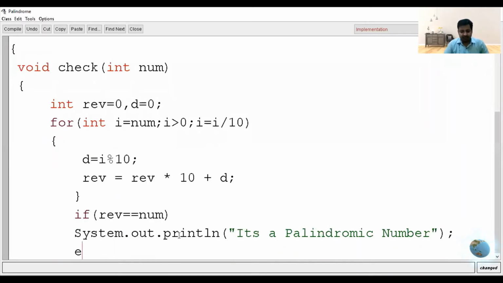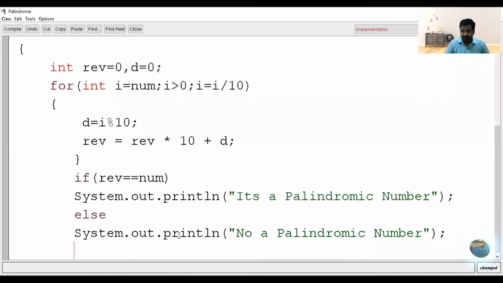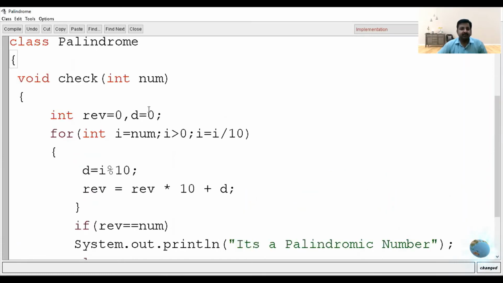If it is not so, you will print after the else, System.out.println not a palindromic number. So here we had printed both the conditions. Now closing the function and closing the class.